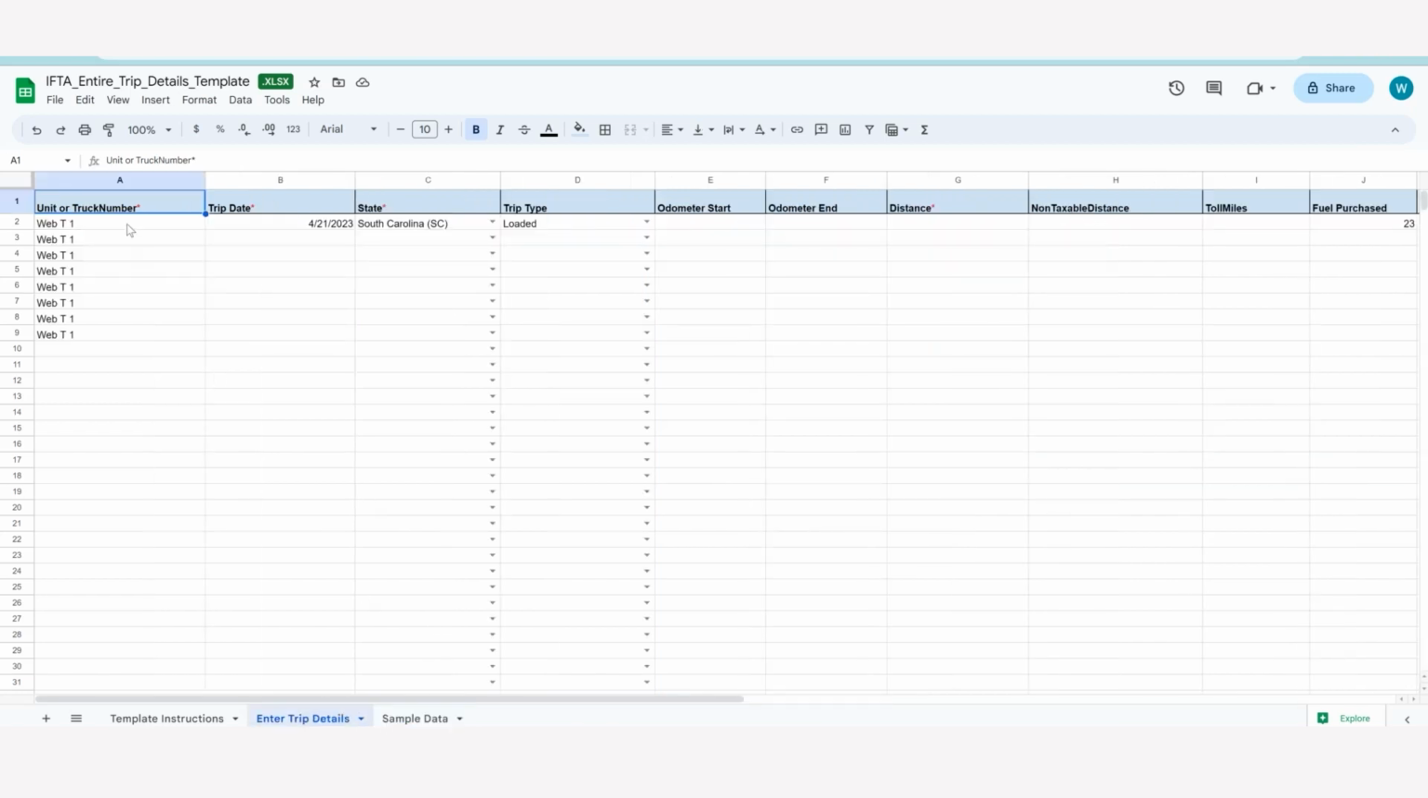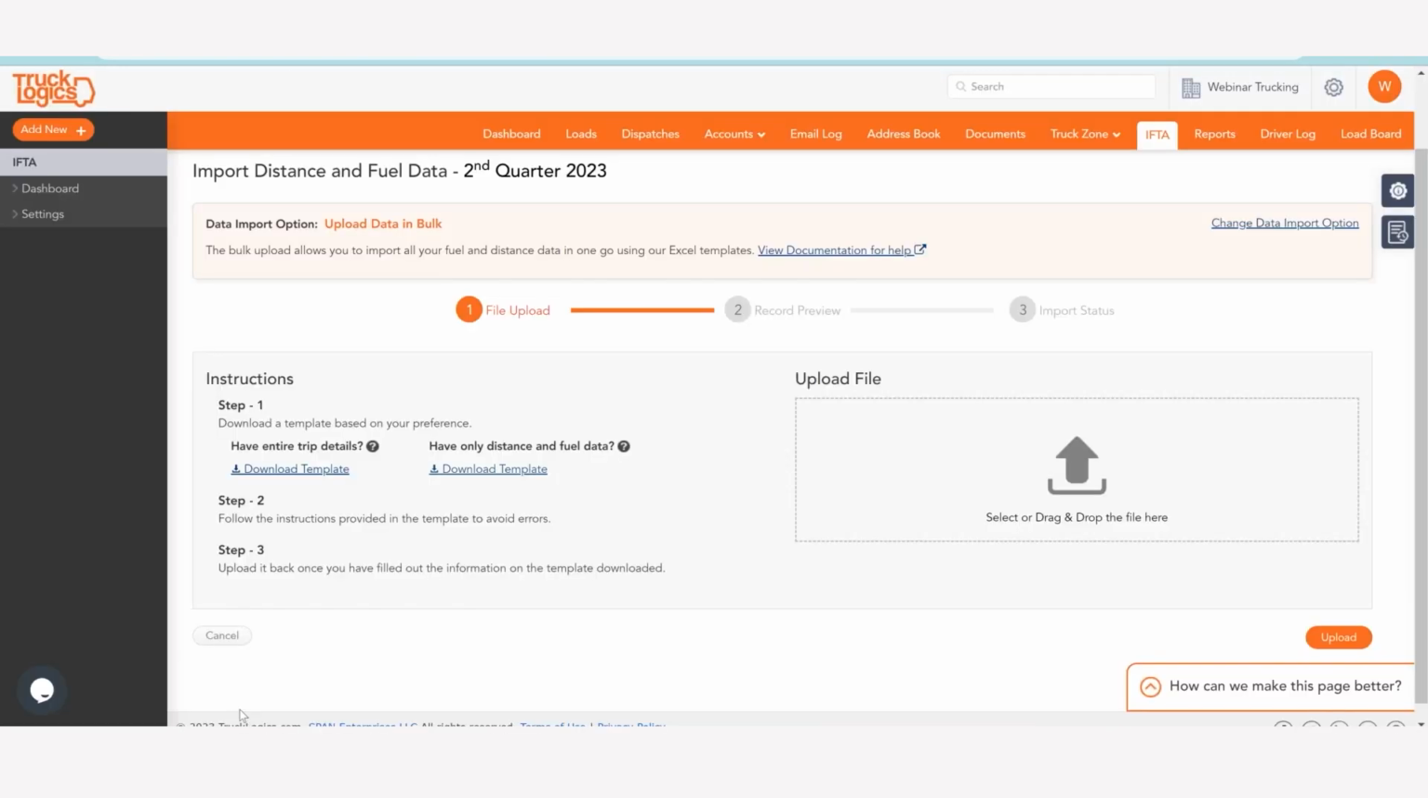So as you can see, we've got unit or truck number. That's just going to be whatever it is within TruckLogics, and make sure you add it exactly how you have it in TruckLogics. Otherwise, the system will not be able to read it. Because if you've got truck 1, and that's just truck 1 in TruckLogics, but in the real world you're calling it truck 1A23, then the system isn't going to know unless you manually enter truck 1. And as you can see, if we go back,